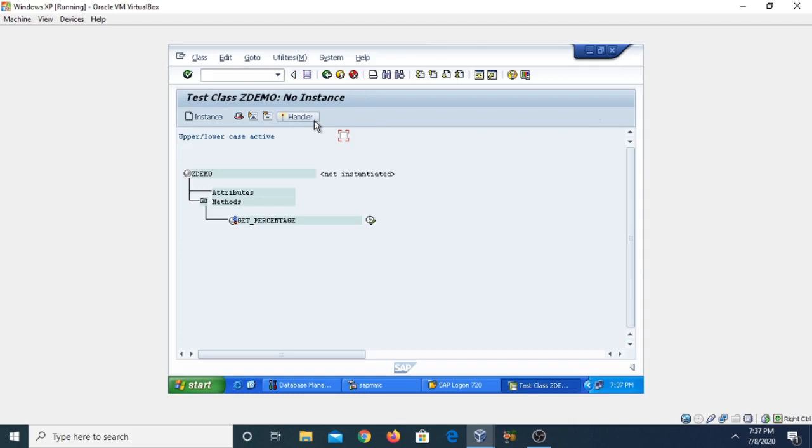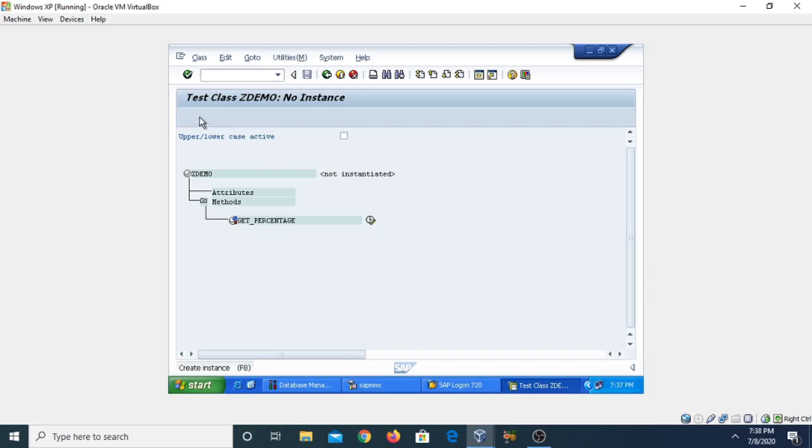You can see that there is an option of creating the instance, and get_percentage we have taken as a static method. So without creating an instance, you can directly call the method, because a static method is always called using the class name.